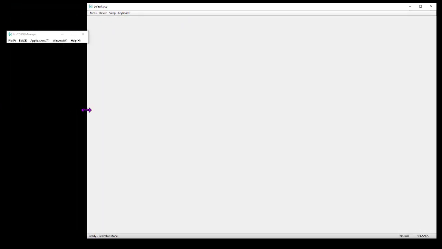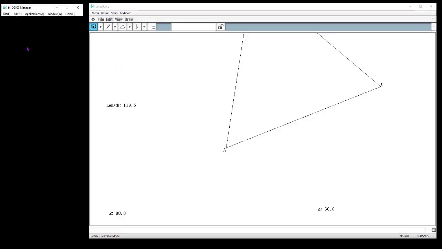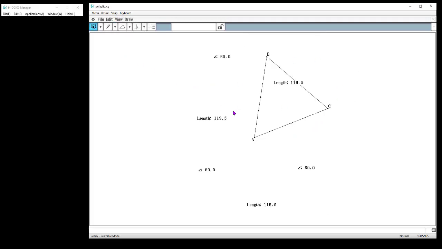I'm going to leave it like this for right now, so it's kind of like a drop-down menu. So notice the picture that I had is now off the screen because I've enlarged it. One nice quick way to do that is to go up to View and do Zoom Fit, and it'll bring it all back for you. What I'm going to do, I'm going to move these over here.